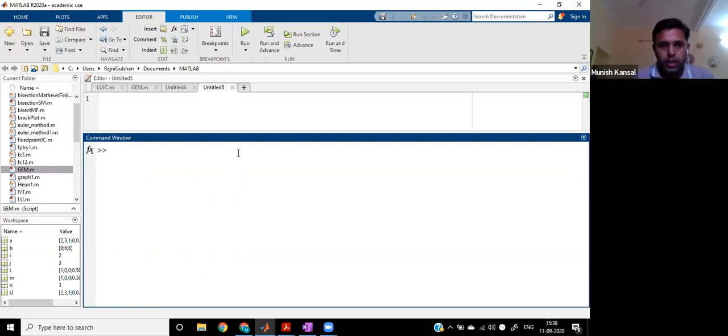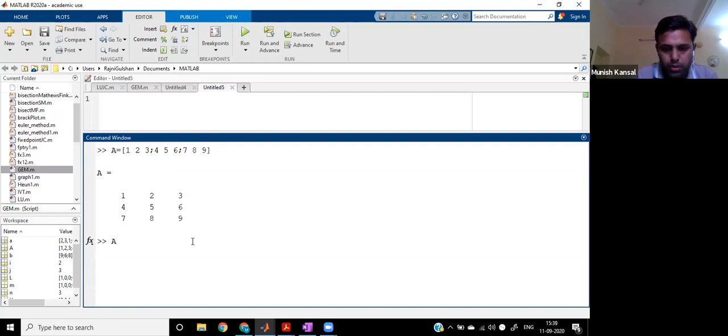Okay, so in command window, let me first write down few things for you. Say you write down any 3x3 matrix, right? So let us say 1, 2, 3, then go to the next row. For that you have to put semicolon, 4, 5, 6, then you put 7, 8, 9. So this is my matrix, right? When you enter, you will get the output. Now, this is how you can enter any matrix into the command window. So now, for example, you want to display any particular entry. Let me display this entry, 6, lying in second row, third column, right?